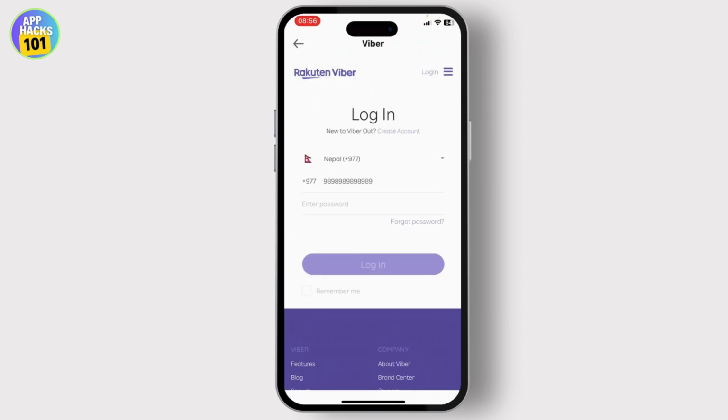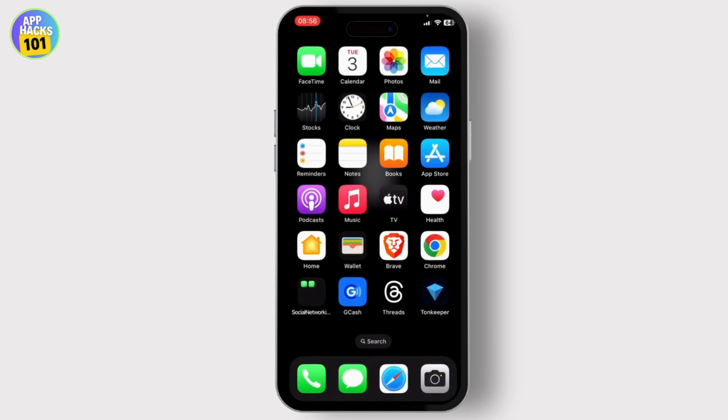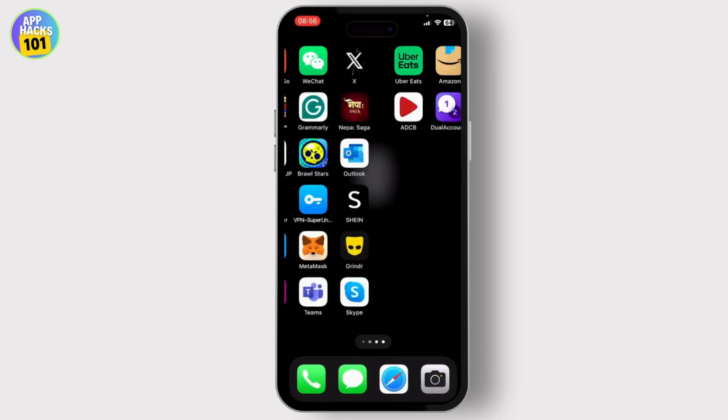It's that simple, guys. All you need to do is download this app called Parallel Space, and that is all,